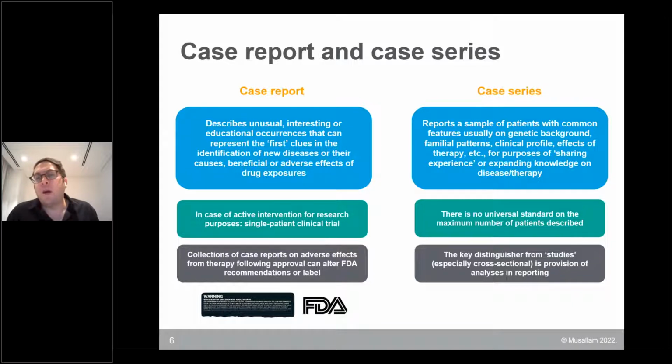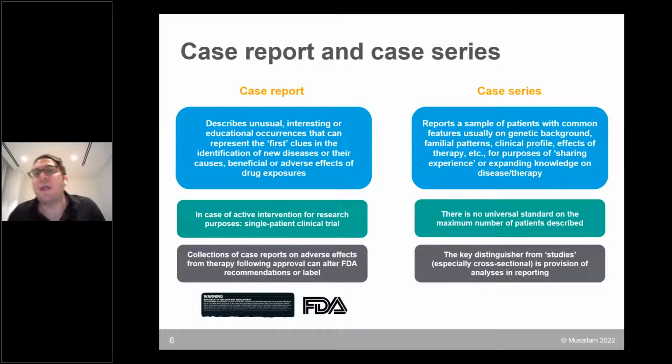Case series, as the name implies, are just a collection of cases. Usually you see those in the literature when you're describing, for example, family studies for genetic or rare diseases, or certain rare occurrences you're finding at your center that you would like to put together in a report to share with your colleagues and describe those cases for them. They're usually either described individually, each case on its own, or sometimes you can put them in a summary as a table. But the difference between case series and the other types of studies that I will go through